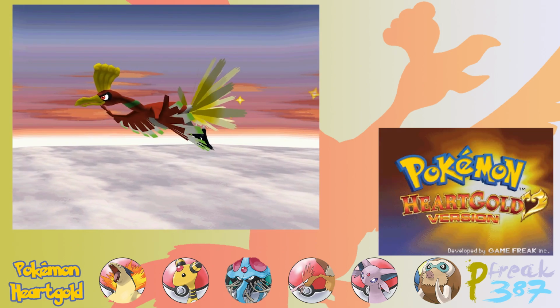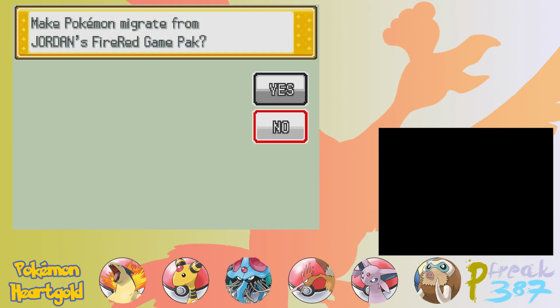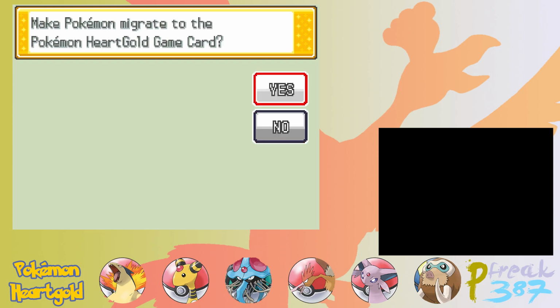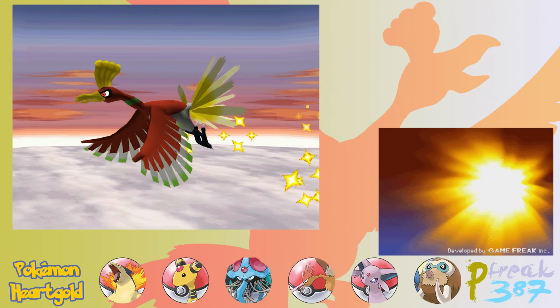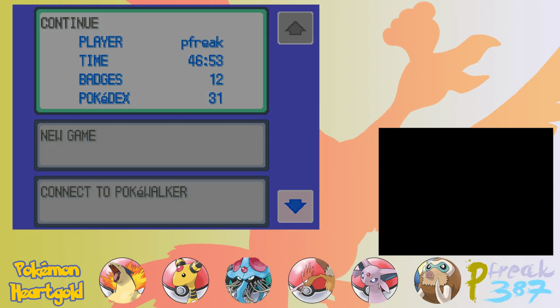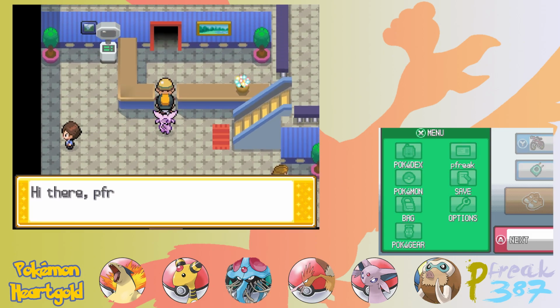So, like I said, originally you were only able to do 6 Pokemon every 24 hours. But we can technically add more Pokemon now if we wanted to. Unfortunately, we have to do it in groups of 6 no matter what. You might have noticed I also had this game card already stocked with 6 migrated Pokemon. Okay, so I guess we have to do the catching contest first. I thought we'd be able to have more Pokemon in there at once. We'll deal with the other ones later. But now that we have the Pokemon migrated in here...